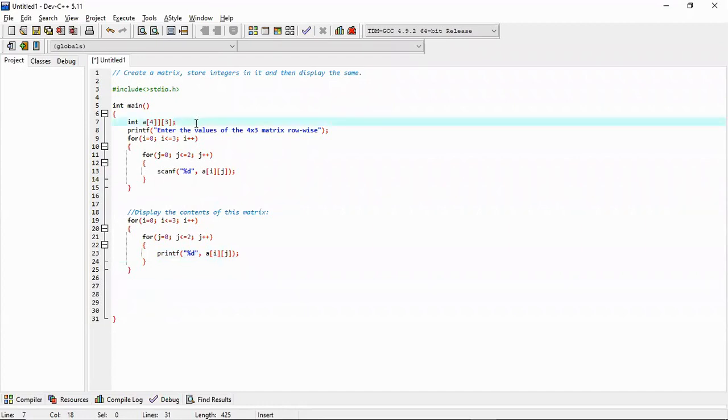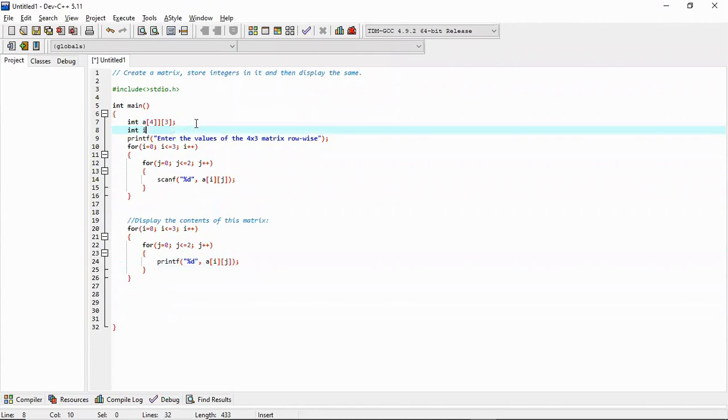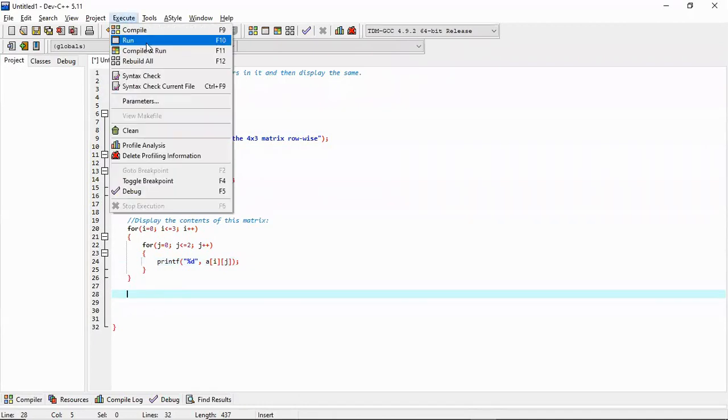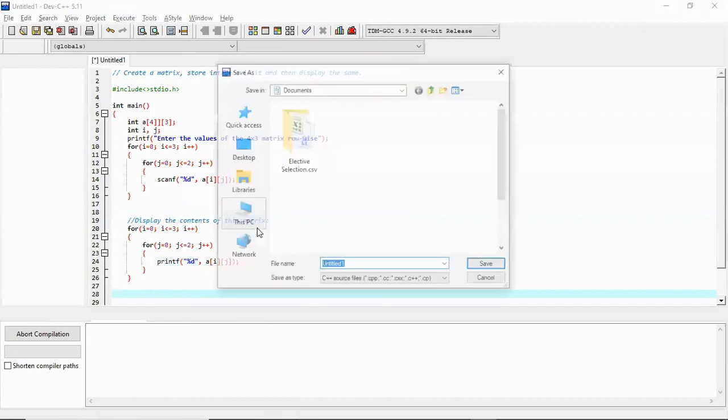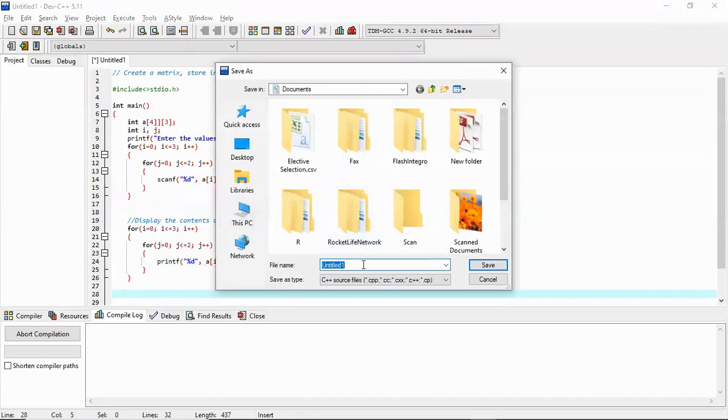We have used I and j. Let us declare them here, I and j, and let us compile this program. We should save it, and we can save it by the name matrix.